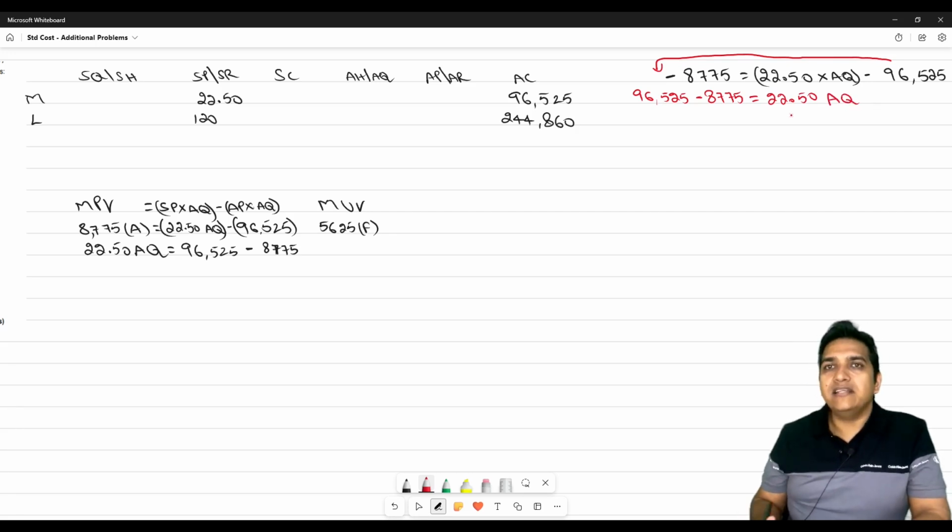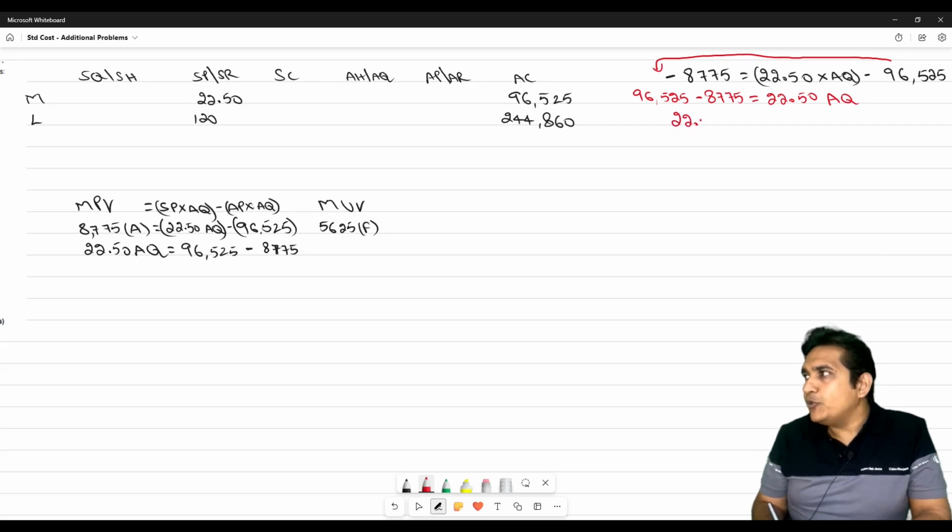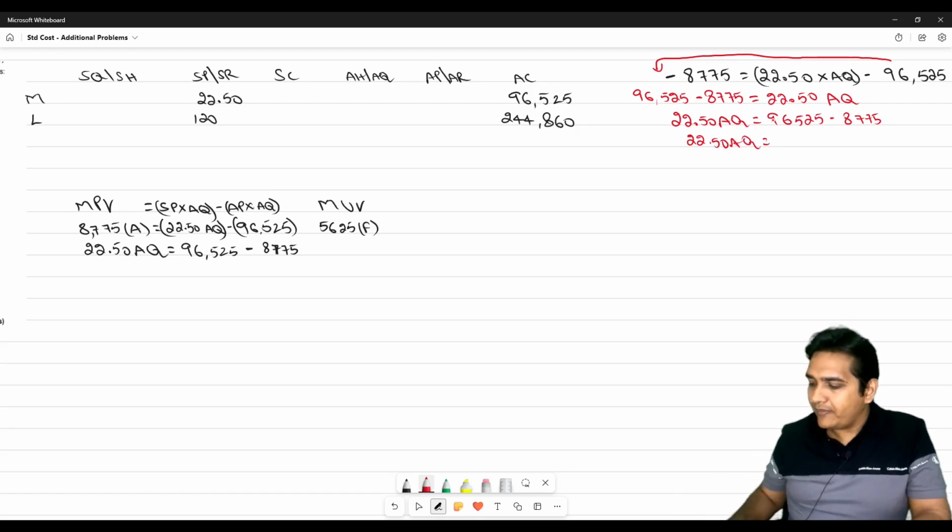Then what I have done is just shifted LHS to RHS and RHS to LHS. So it becomes 22.50 AQ, which is equal to 96,525 minus 8775. We get